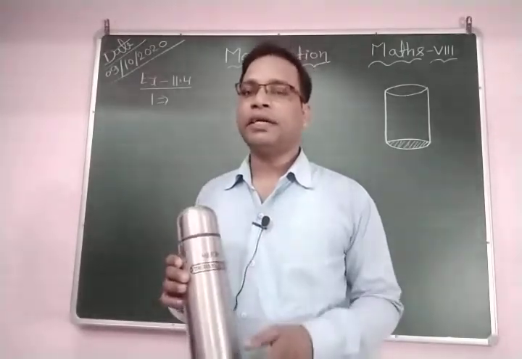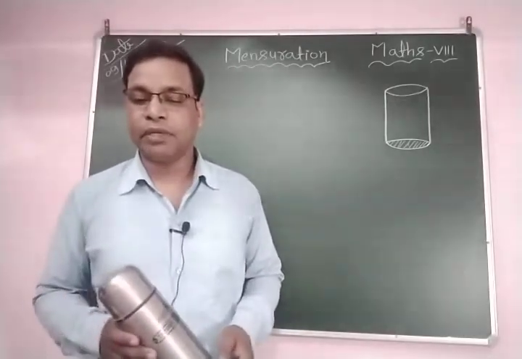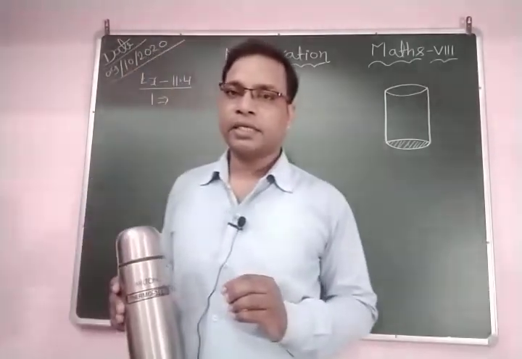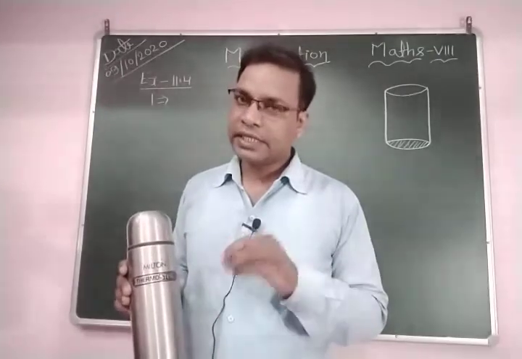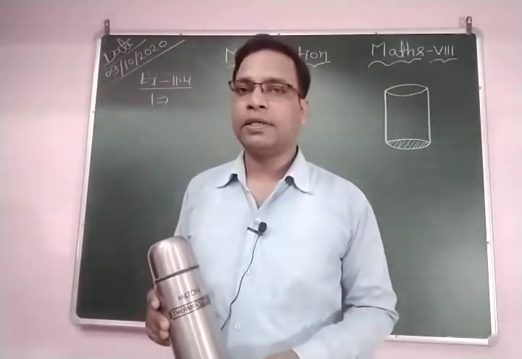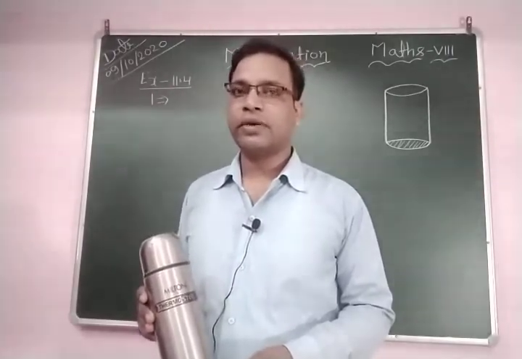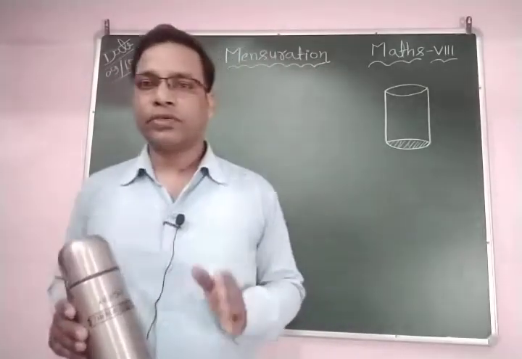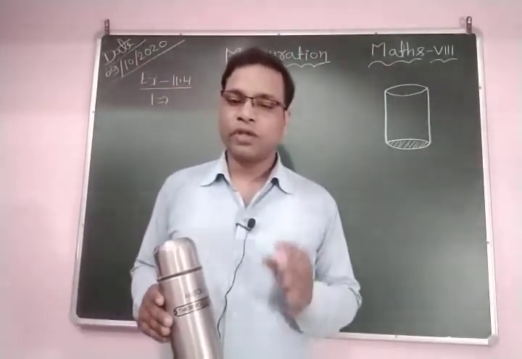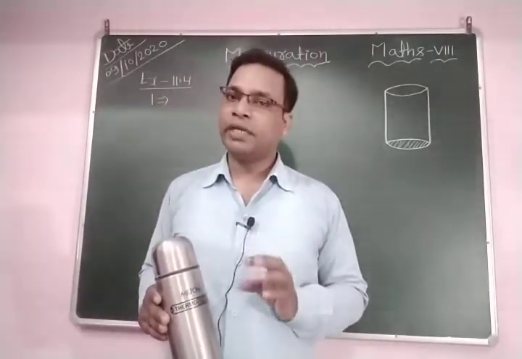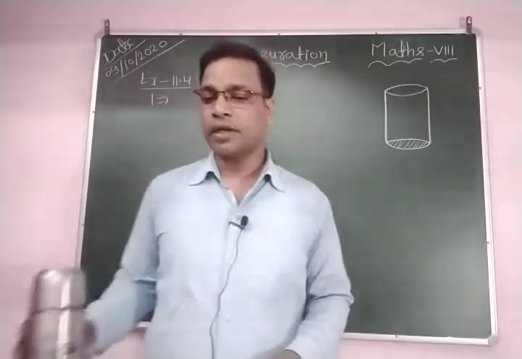Now part C is to find the number of smaller tanks that can be filled with water from it. In this case we also find the volume of cylindrical tanks. Students, I hope all of you understood in which case we find the surface area and in which case we find volume. Today we are going to discuss how to find the volume of cylindrical tanks, cuboids and cones. So let's see the second question.